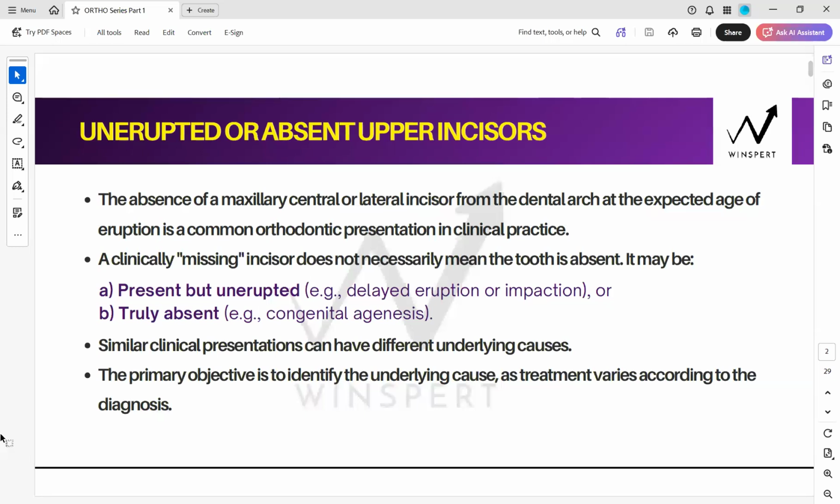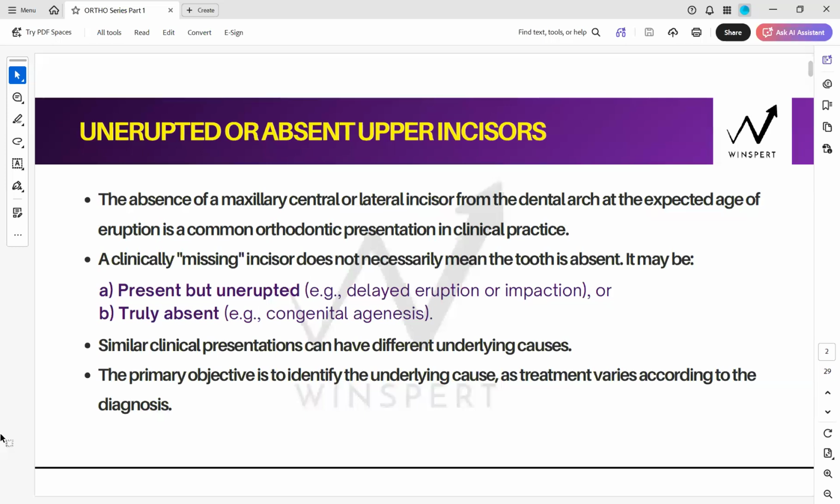That is why the management cannot be decided based on the clinical appearance, right? You cannot see a patient with a missing lateral incisor or central incisor and decide your treatment plan on clinical appearance alone. You will need investigations like OPGs, occlusal X-rays and IOPAs. Even your IOPAs will be done using parallax so that you know whether the location of the tooth is lingual or buccal, right? Once you have identified the underlying cause, only then will the management be planned.